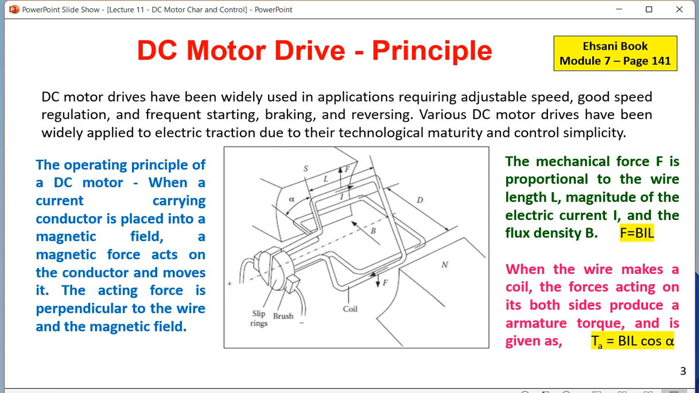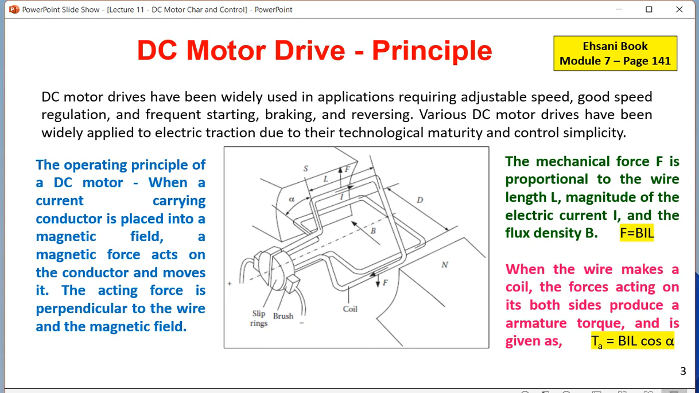So we have to change the brake shoe after a few months' time, or at least once or twice in a year. That concept you can apply here. And at this commutator and brush surface, a spark is actually generated, which is not good from the safety point of view of an EV. So DC motor drives have been widely used in applications requiring adjustable speed regulation, frequent starting, frequent